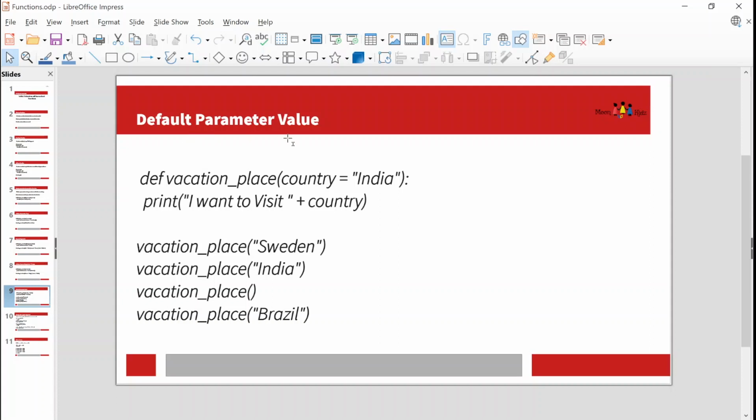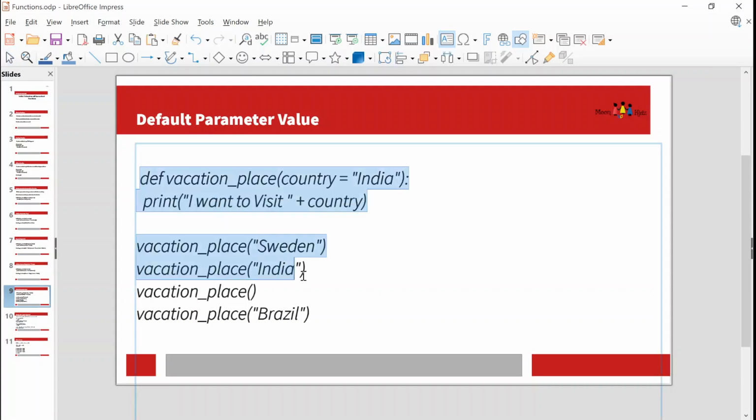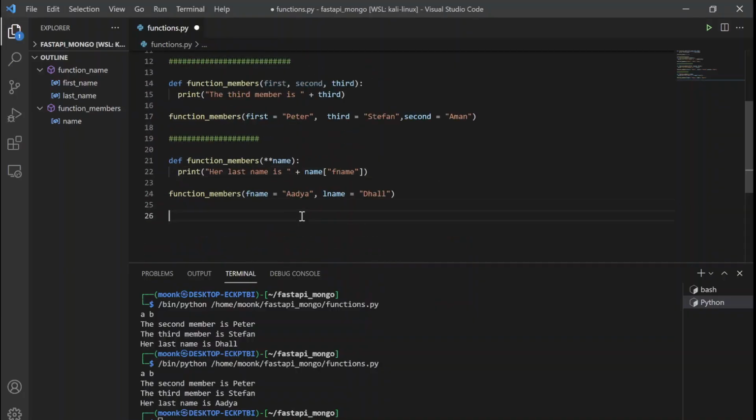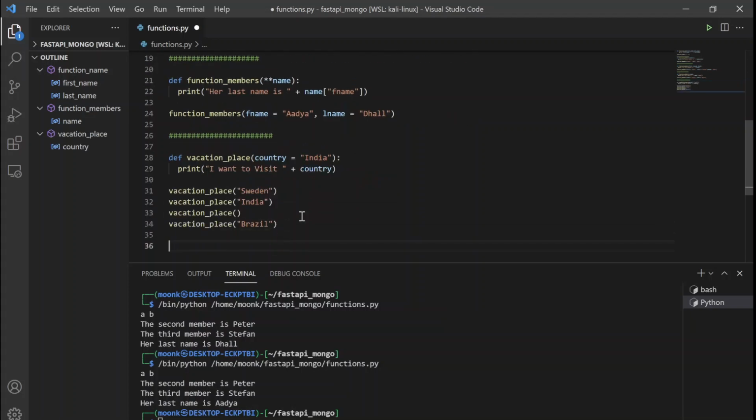Ninth is default parameter value. Now what is default? Default is like if you are calling a function without specifying any parameter, then it will take the default value. Now here is defined vacation place. Now country defined is India. Now print is I want to visit a country. Now if I don't give any parameter to this function, the default is India. But here is also India, so let's write Indiana here,